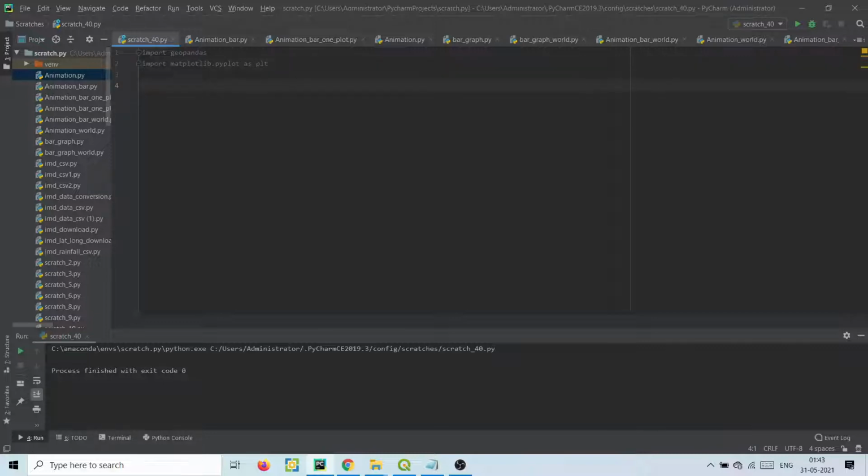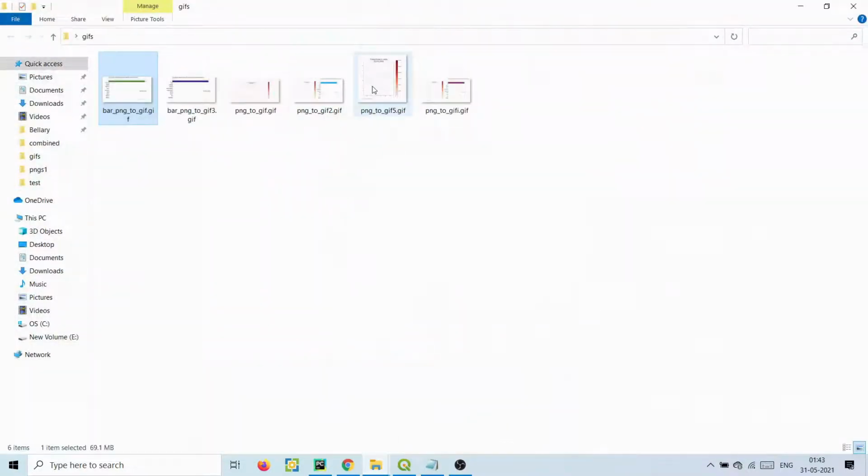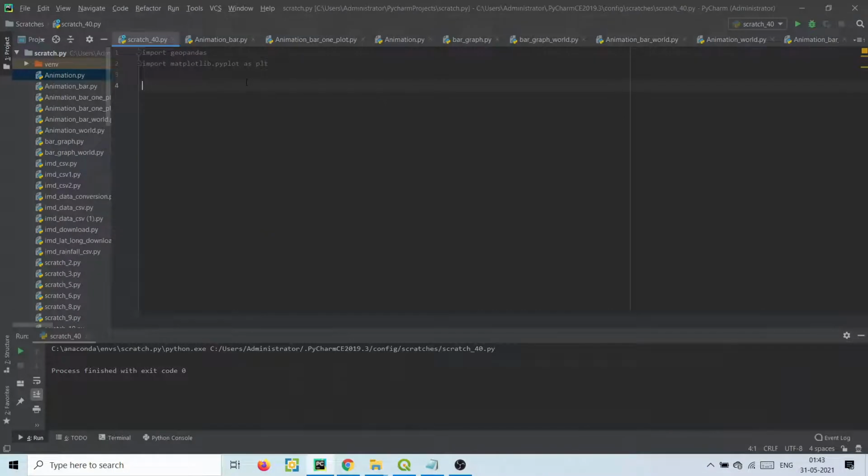Then the first thing we're going to see is how to read a shapefile. If you have some shapefile, like in this case I am using the India state level shapefile, we'll first read the shapefile. We'll give any variable name, map_df equal to geopandas as gpd. So we'll write gpd dot read,